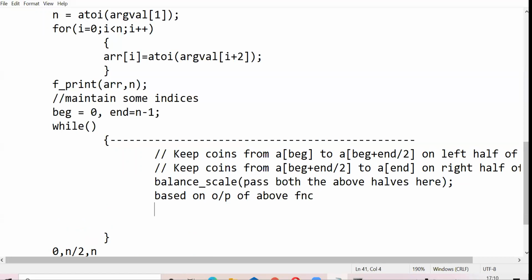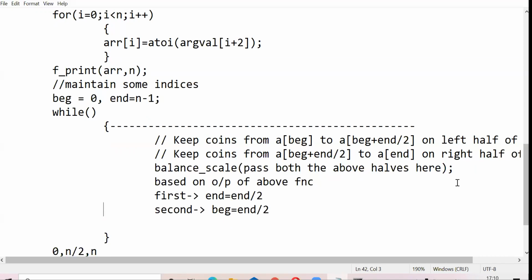If your first half was lighter, you can simply set your end to be end by 2. And if your second half was lighter, then you can set your beginning to end by 2. I think it sums it up.